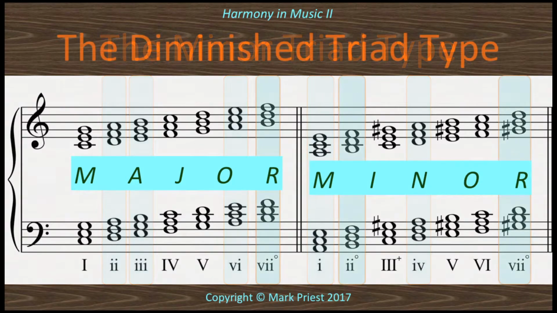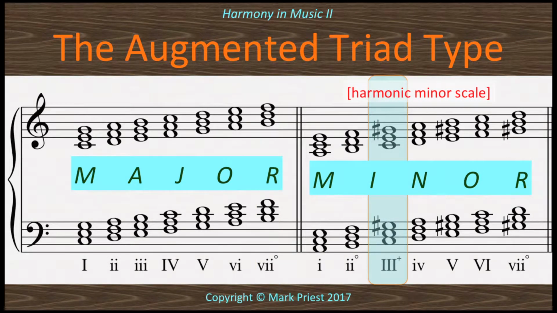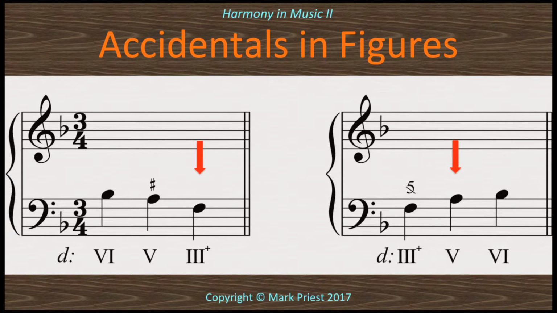The diminished triad type is situated on the 7th degree of the major scale, also the 2nd and 7th degrees of the minor scale. The augmented triad type is found on the 3rd degree of the minor scale only. Now it bears repeating. Whenever we refer to the minor mode in this theory course, we mean the harmonic minor scale, unless otherwise stated. On the left, there is a 6-5-3 progression in minor, and on the right, the reverse,